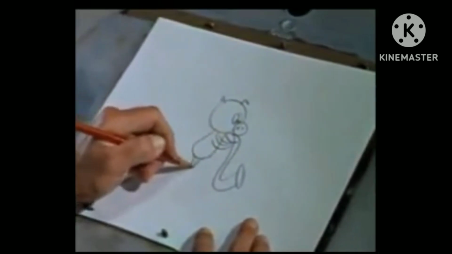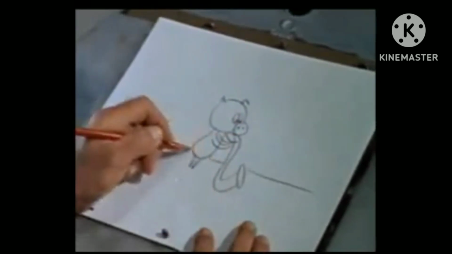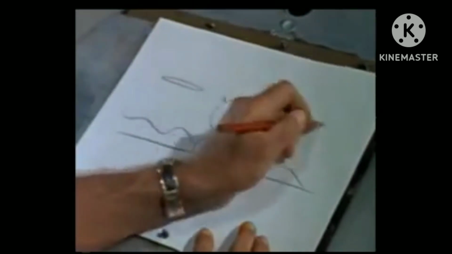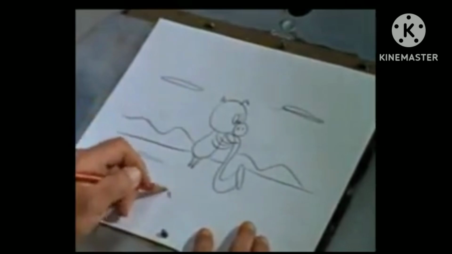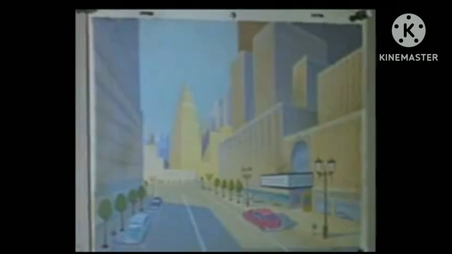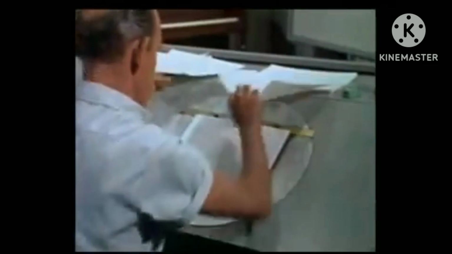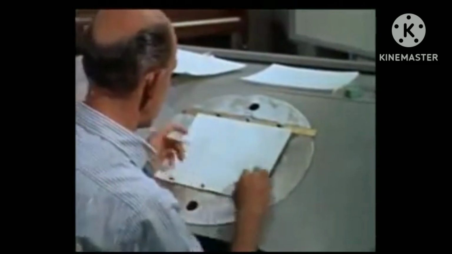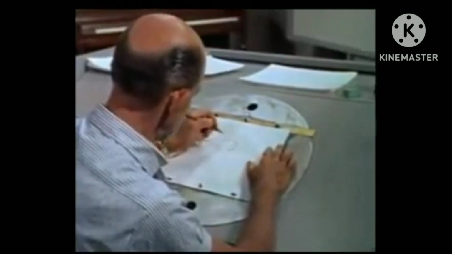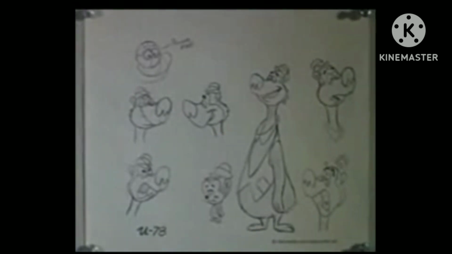While he's drawing these action sketches, the director also makes drawings of the stage settings where the action will take place. The settings can be almost anywhere: a desert, a forest, a log cabin, anything that fits the story and makes an interesting background. Whenever a new character is created for a cartoon, the director makes up a model chart that serves as a guide for the animators to follow.